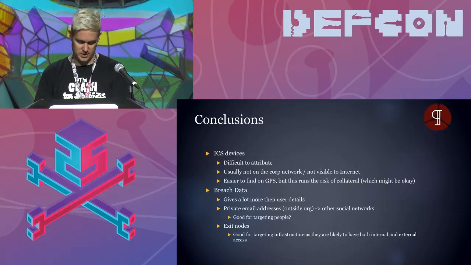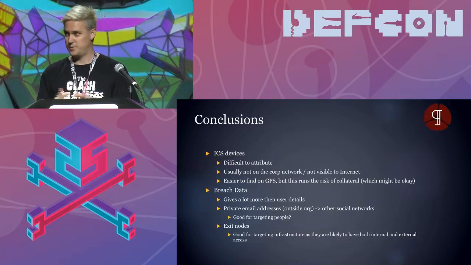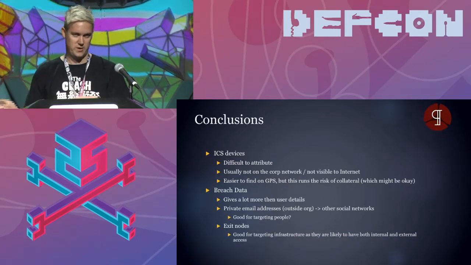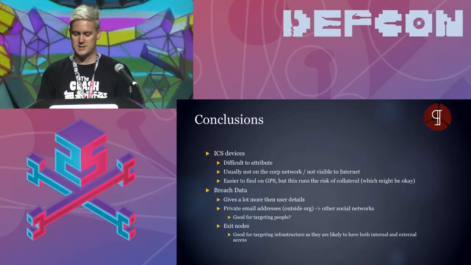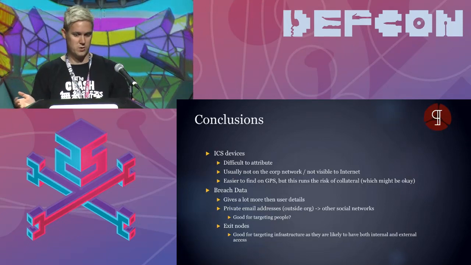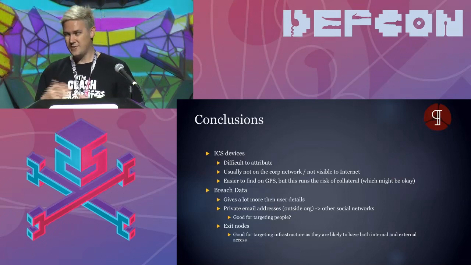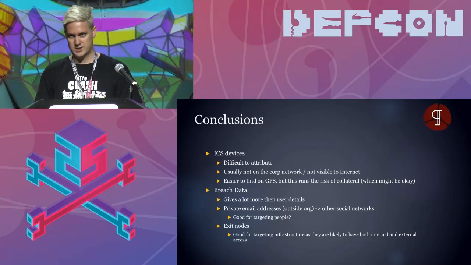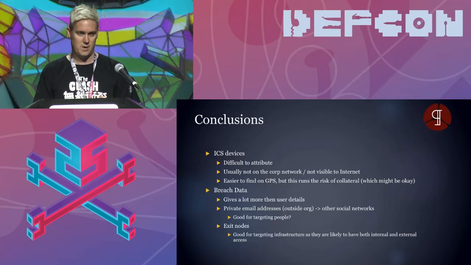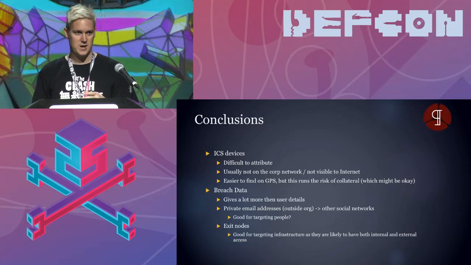Okay, so just to do the conclusions, if you're looking for ICS devices on the internet, they're really, really difficult to attribute. No one puts in, this is where it is, this is the plant, anything like that. They're usually not on the corporate networks, unless they are, they are not visible to the internet. So they could all be firewalled off. Obviously then I can't see it, so I don't know. But they're a lot easier to find on GPS, even if it's more of a manual process for an individual target. And if you're looking at doing it on a large sector, like targeting the harbor or a particular power plant, then you know that you're going to accept collateral damage, right? That geo to IP stuff is not as accurate as you'd want it to be. So you might end up targeting all the things around it.